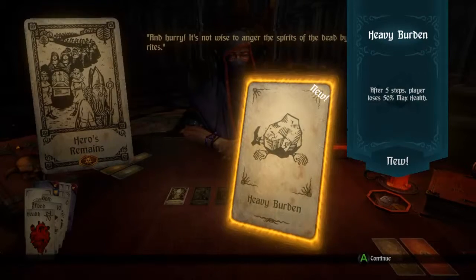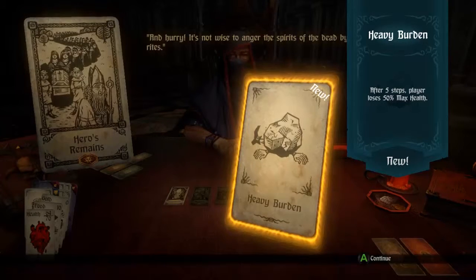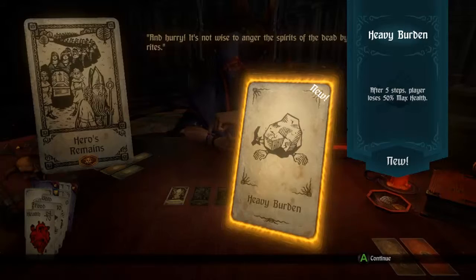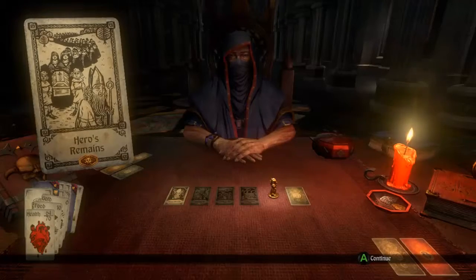I wouldn't mind this if I was the Lion Prince. However, this is actually a really big one. If you don't achieve your objective in 5 steps, you lose 50% max health. That's a lot for us right now. Lion Prince, you can actually make up for that by just killing more, and you get a random card, which set out